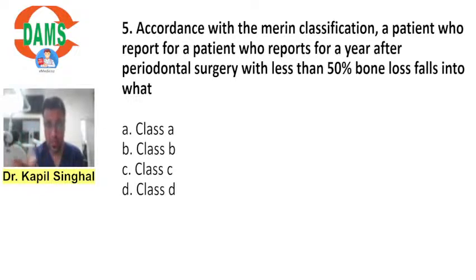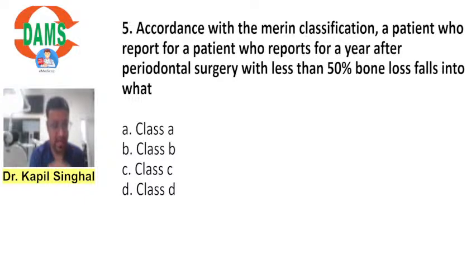Now he has mentioned in the question a patient who reports for a year after periodontal surgery with less than 50% bone loss falls into what? Now in this question there is nowhere mentioned some teeth or a lot of teeth. So do you remember, was there one more thing in the question where he has mentioned some teeth or more teeth were involved? Do you remember it? Did he mention in the question that the teeth were less or more? Some word was present. Okay,